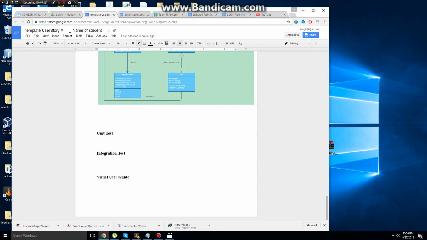And right here, since we were not able to finish the story in time, we were not able to post the unit test, integration test, and visual user guide because we don't have it yet. We're still working on it, trying to get everything ready for testing.